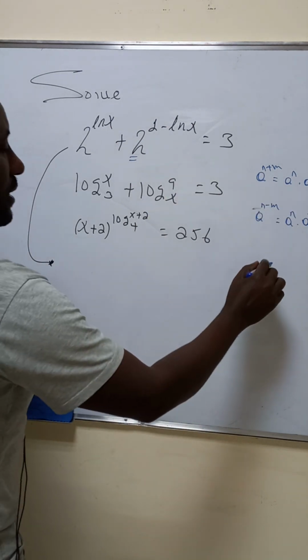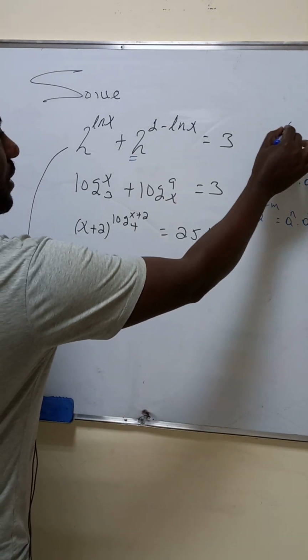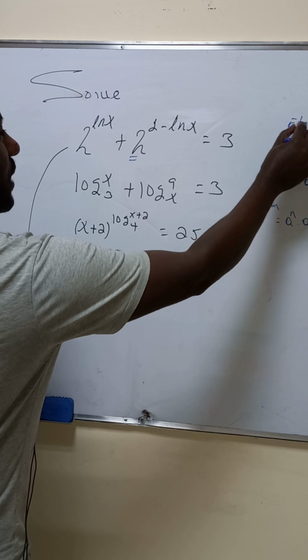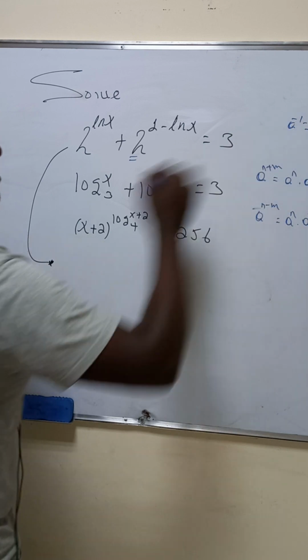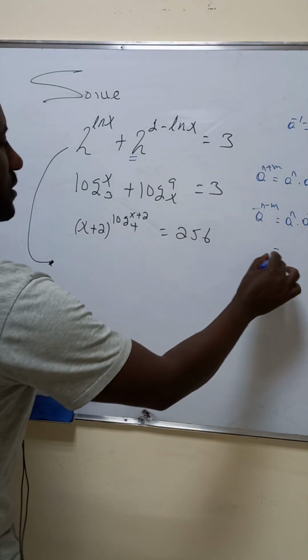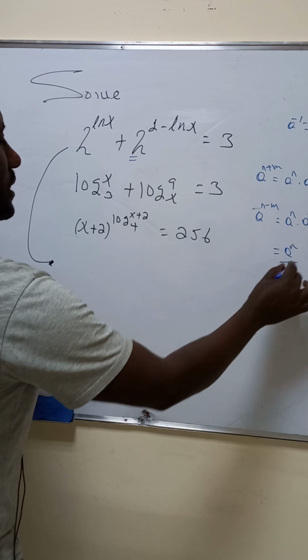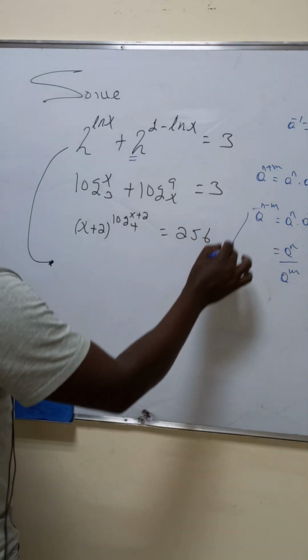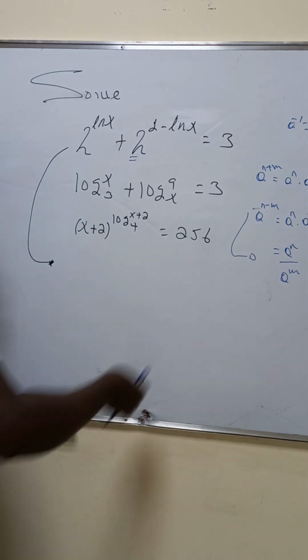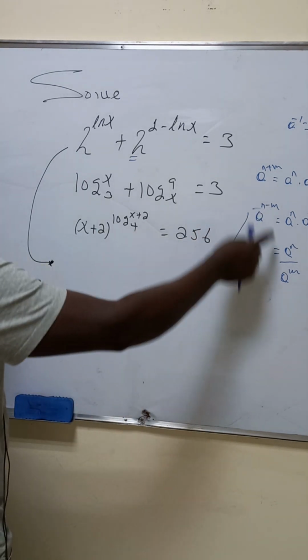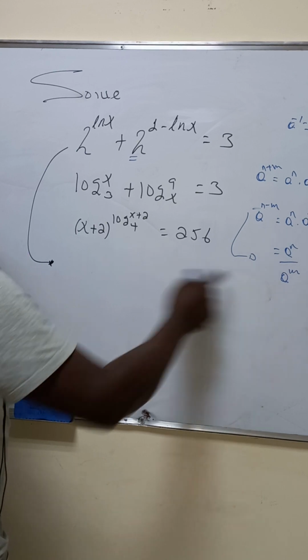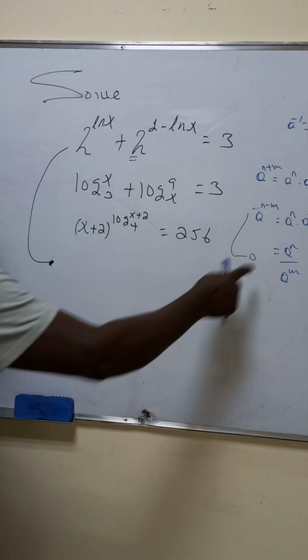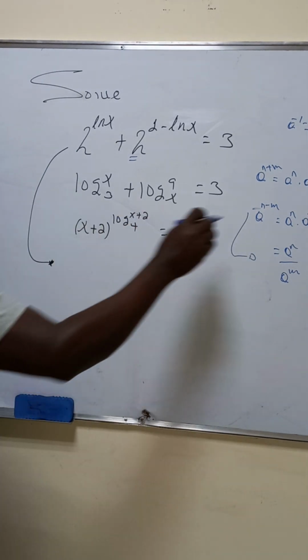With the principle of this one again, for example, a raised minus 1 means 1 over a. So a raised minus m means 1 over a raised m, and a raised n minus m means a raised n over a raised m. So if this and this are the same, with these cases